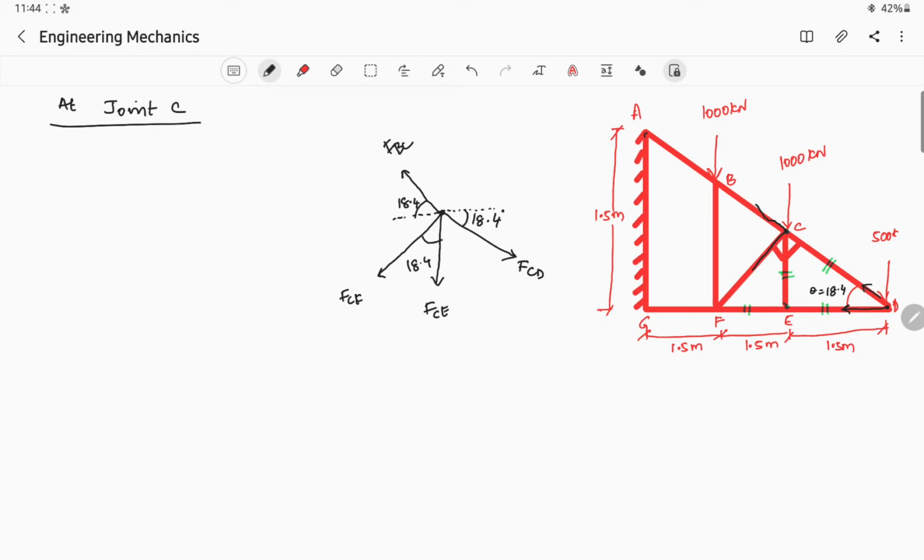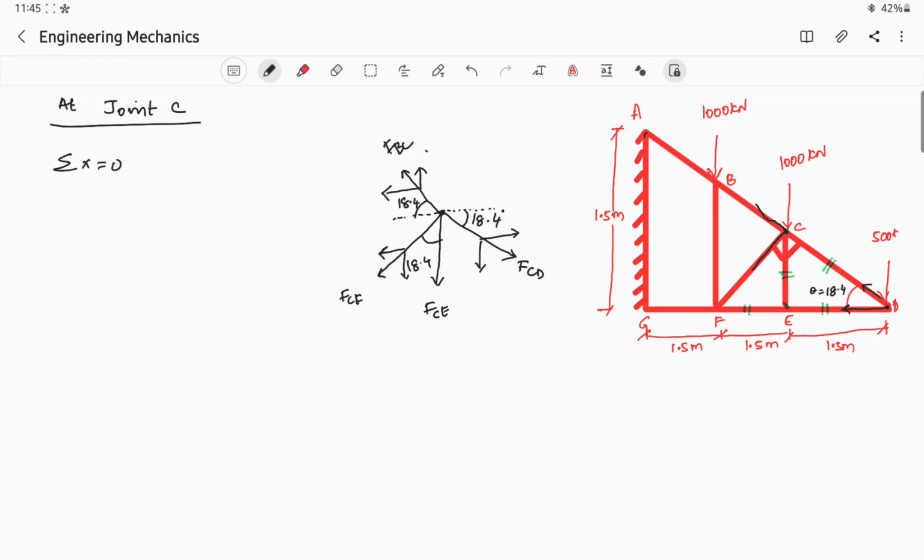Okay, so all the forces are over, so we'll go for sigma x is equal to 0. So how many horizontal forces will we have? We'll have two components for force CD and two components for force BC, right, and two components for force CF, right? So these are the four components. Now we'll go for sigma x is equal to 0.